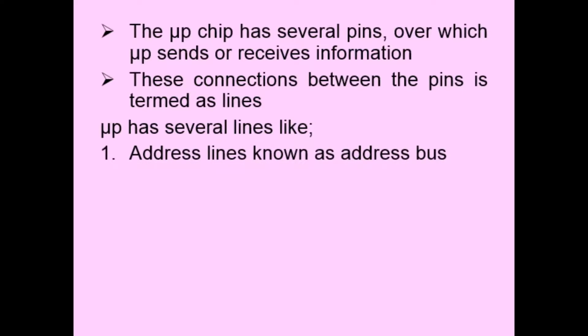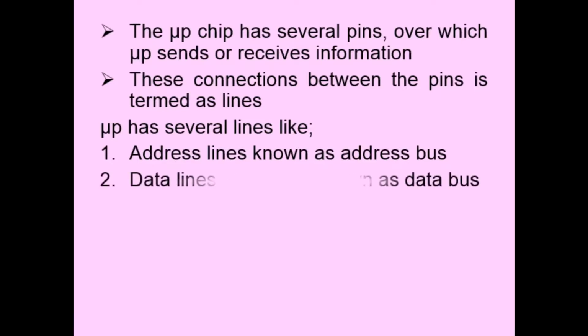It has address lines, which is called the address bus. A group of lines or a group of wires, when connected together, we call a bus. So the address line present inside a microprocessor is called the address bus. And what is the function of this address bus? The function of the address bus is to address a particular location, or to identify a particular location. Just like a postman, by looking at the address, identifies our house, similarly the microprocessor using the address line will identify the location.